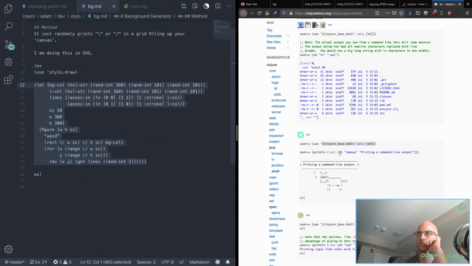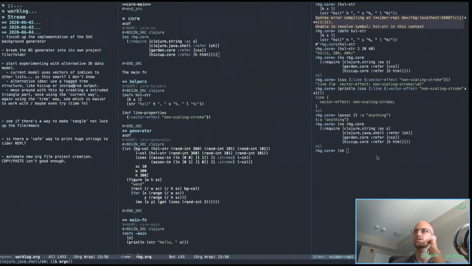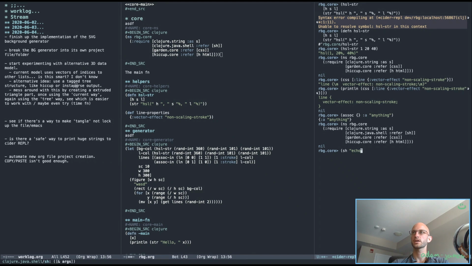What's the syntax of this? Shell, the command, and then the arguments that you pass as strings. Shell echo hi. Oh, cool. Okay, so if I do out,